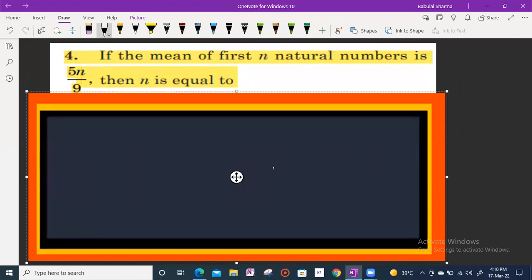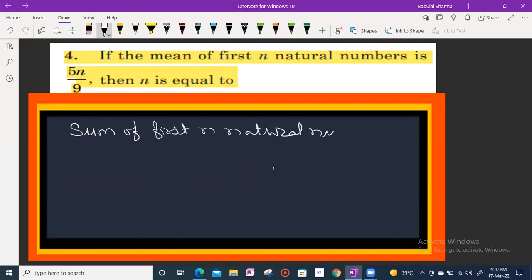We know from the arithmetic progression that the sum of the first n natural numbers is n into n plus 1 by 2. And if we find the mean, therefore the mean of the first n natural numbers